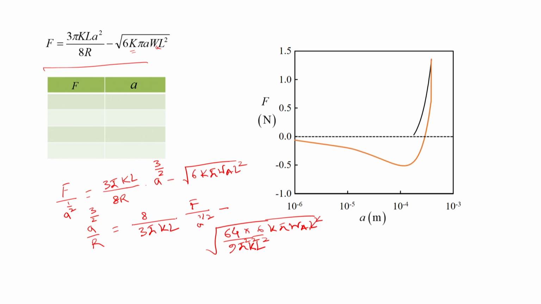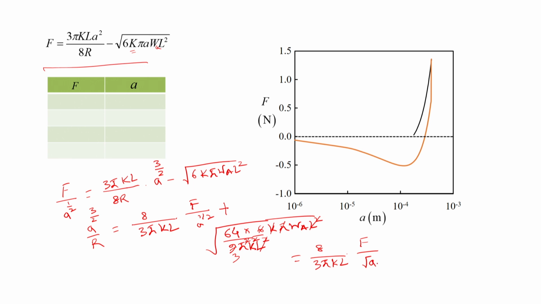Now L square gets cancelled, pi will be pi here, K will be K here, here it will be 3, so 3 2 here, and here it is 2, I will cut it to 3. So we will have therefore 8 by 3 pi K L F, no, it should be plus here,